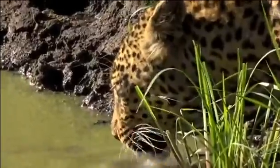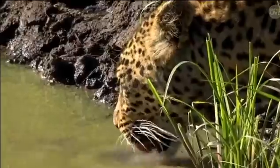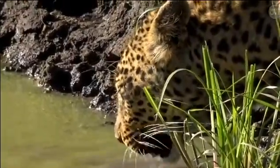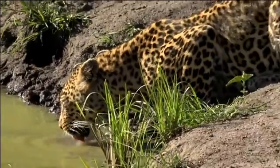Now, when leopards drink, they don't drink like you and I drink. We will put water to our mouth and we open our mouth and then pour the water in. It's very different with the leopard. They put their tongue to the water. You see, they put it down and it curls